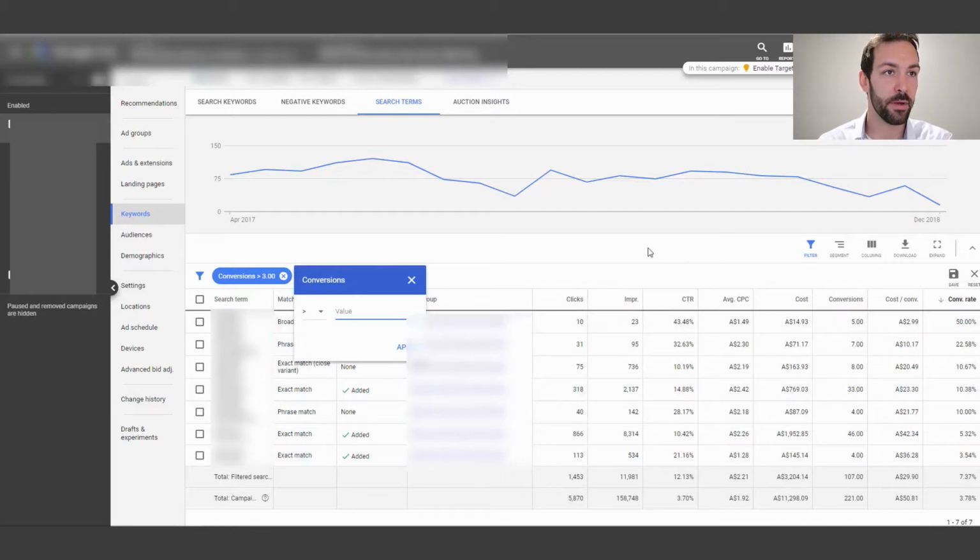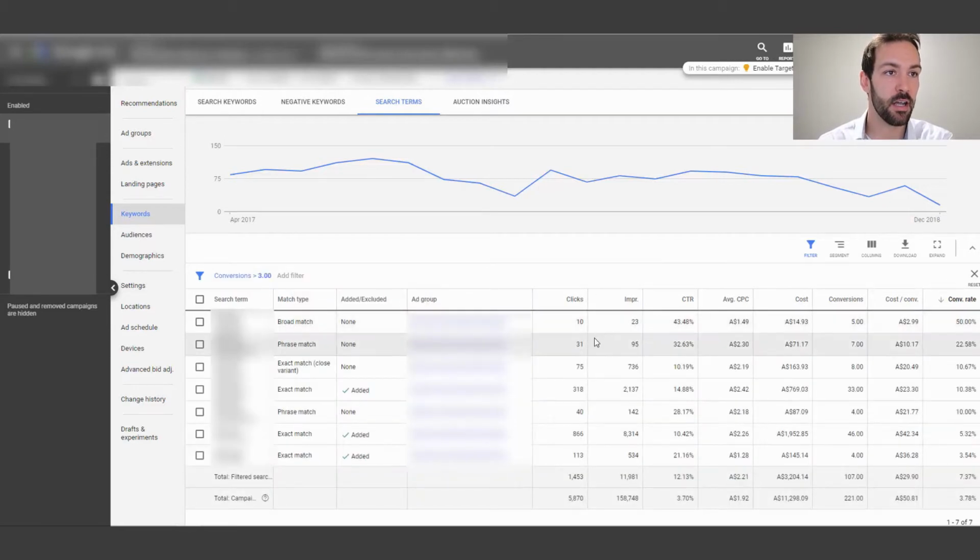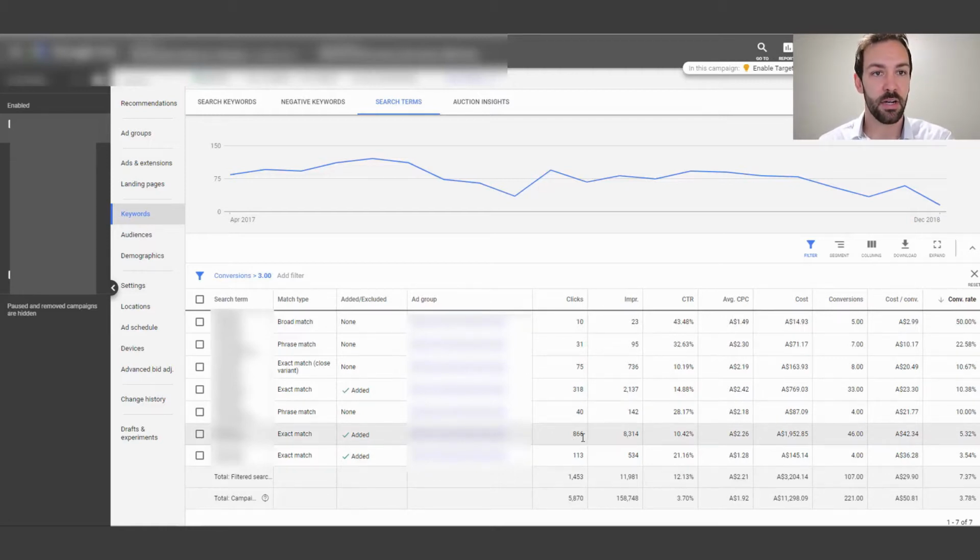And as we can see here, we've got some keywords with only 10 clicks, we've got some keywords here with 30, and we've got some as high as 866. So what we can see here is that this campaign's not actually too bad, but there are some opportunities that we can leverage upon. So this client's happy to pay $100 per lead, so $100 per form or phone call,